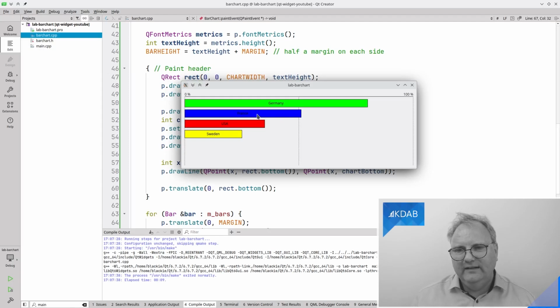So now I need to be able to click on these bars and highlight them. But how do I do that? Well, let's just take a step back and realize that when I painted the pixels on the screen, they were just basically going into a raster area with some colors in some small containers. So there will be a red color in here and a black color there, and nothing has been set up beyond that. So what do I do about that? Well, I actually need to remember where I painted it, so that when I get a mouse press event, I can get back to that.